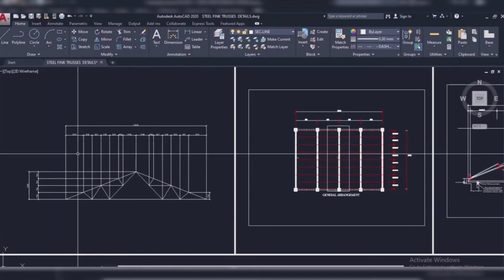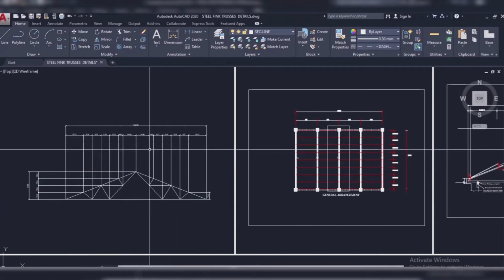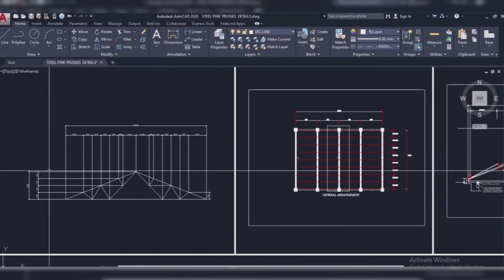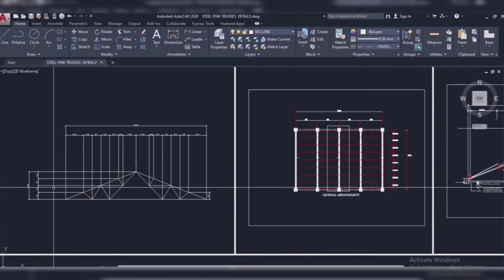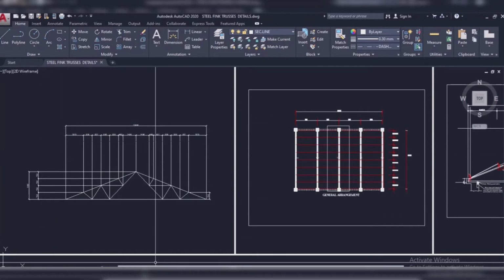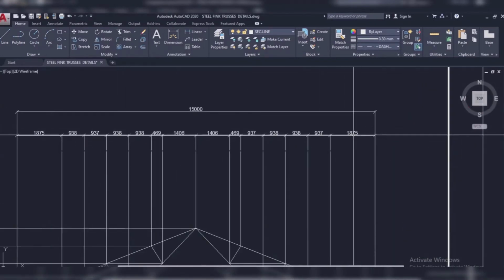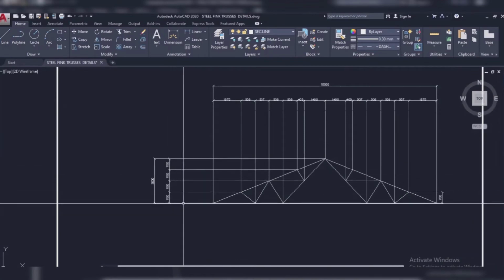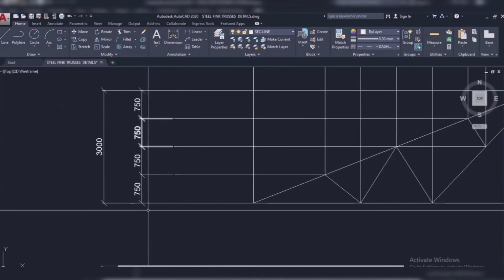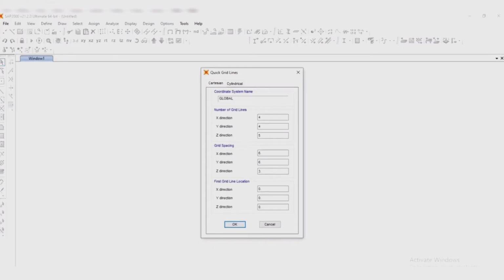So let me count now. The numbers of grid lines along the x-axis now is 15, and along the z-axis we have 5. Also, these are the spacing along the x-axis, and the spacing along the z-axis is this. Now let's go back to the SAP. The numbers of grid lines along the x-axis is 15,